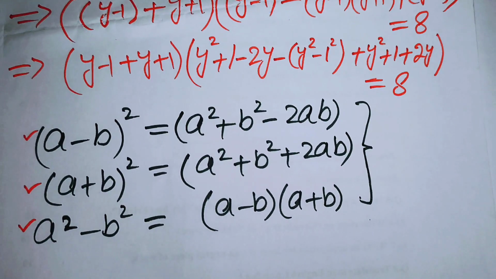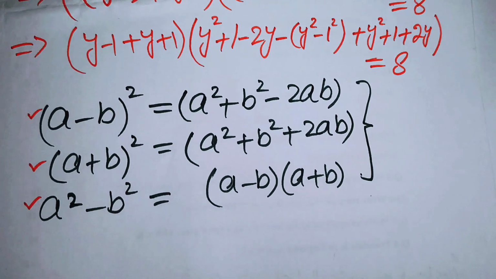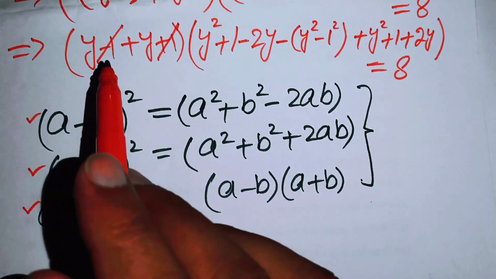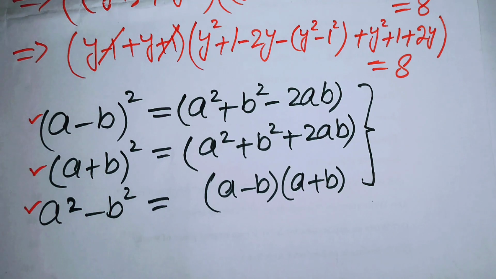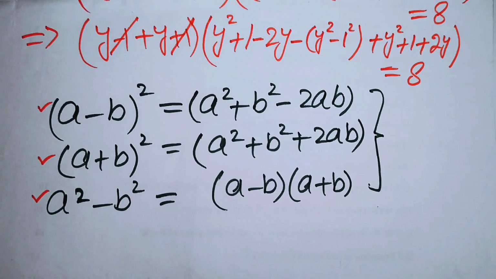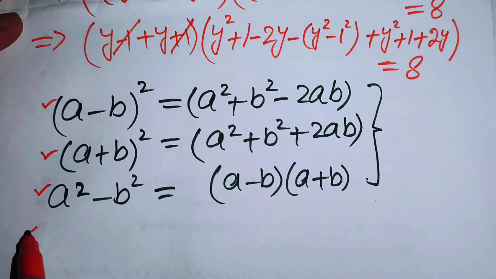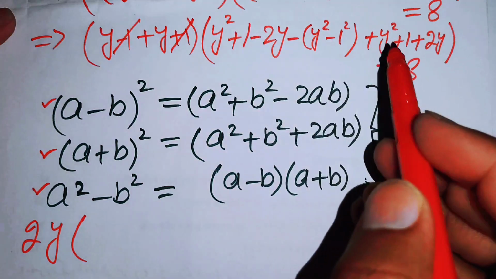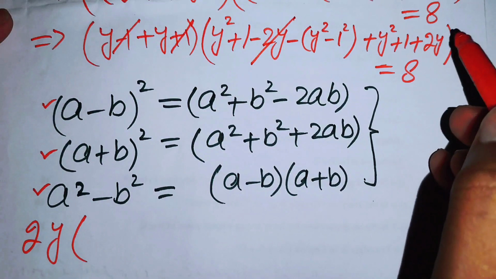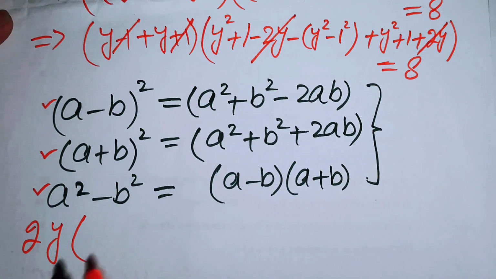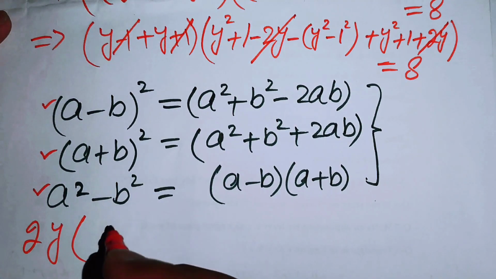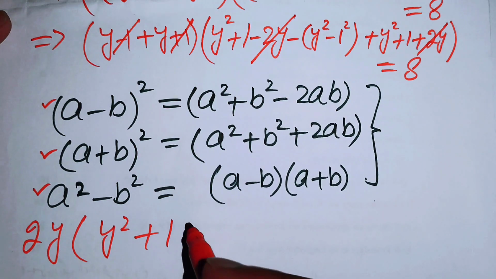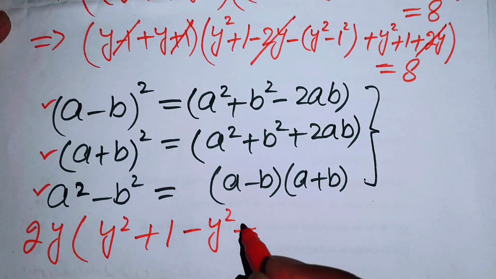And now in the next step we can just simplify the terms, and here you see that this plus 1 and minus 1 are gone, and here you get y plus y is equals to 2 times of y, so that here you get 2 times of y into, here you have y square, this is minus 2y and this is plus 2y, so this minus 2y and this plus 2y are gone, and here you get y square plus 1, and now you multiply this minus on both of the terms and you get minus y squared plus 1,